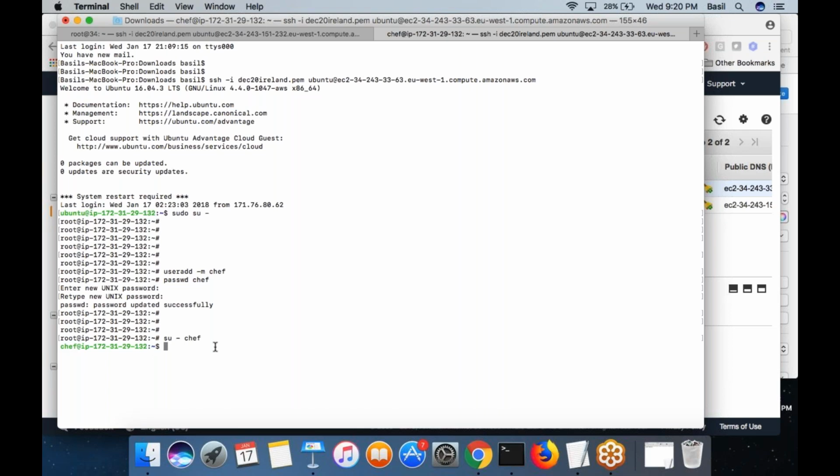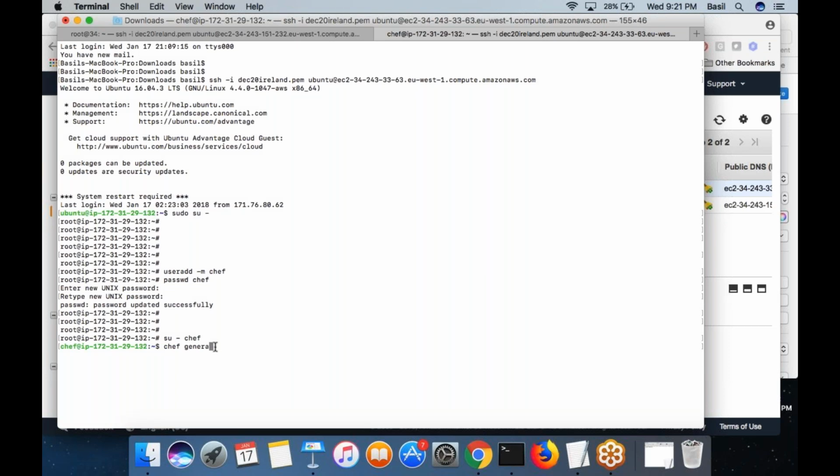So before I start writing any configuration, I want a basic folder structure to be created. For that there is a command called chef generate.